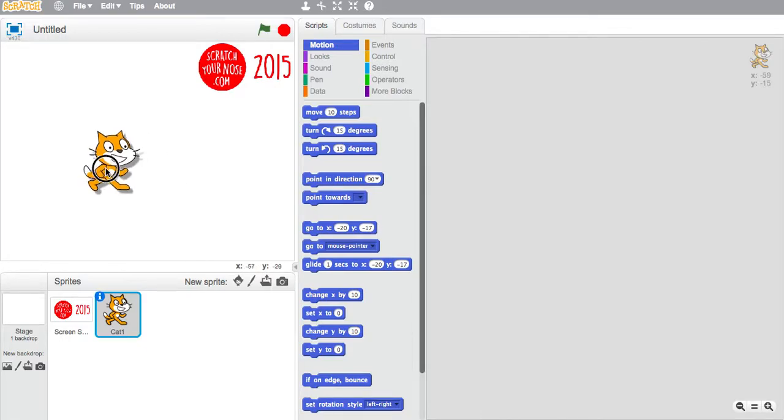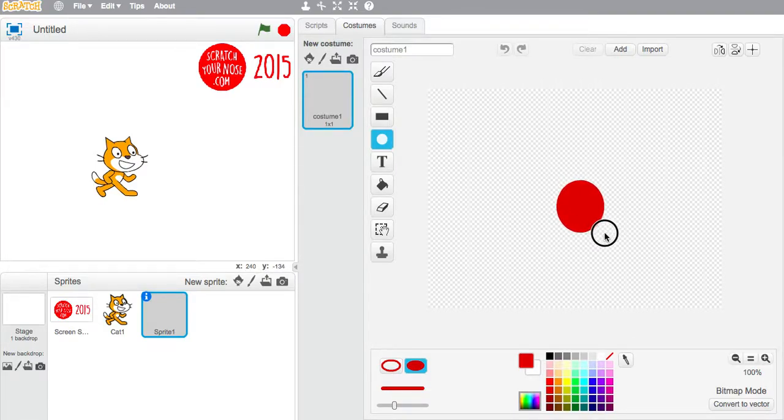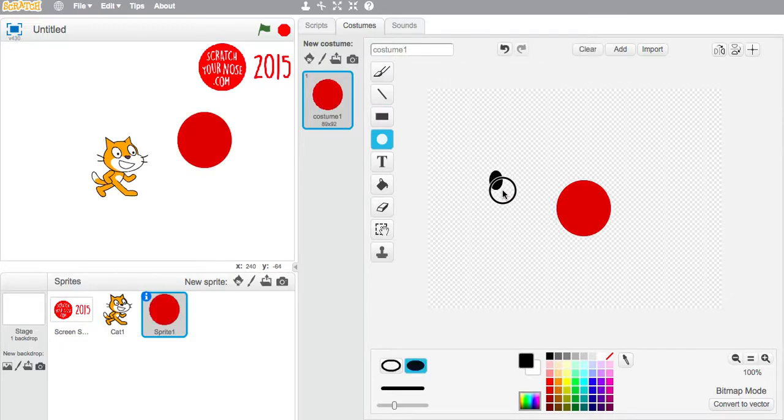So we've got our cat, that's called a sprite, but we're going to replace the cat with a nose. Just a nice big red nose. There's a little dot that represents the center of this screen, so I'm just going to do a circle there. And then I'm going to change the color to black, and I'm just going to draw an ellipse to represent one of the eyes. And then I'm just going to change to white, and I'm just going to do a